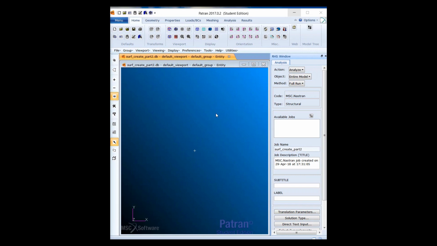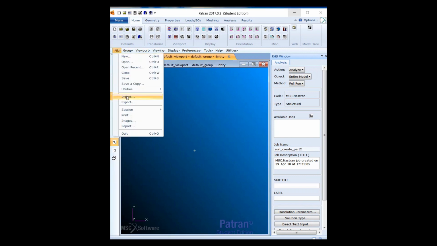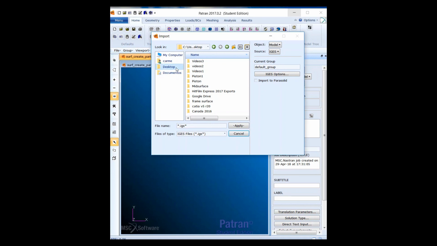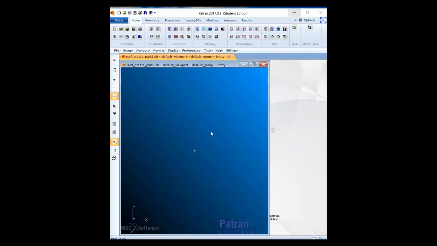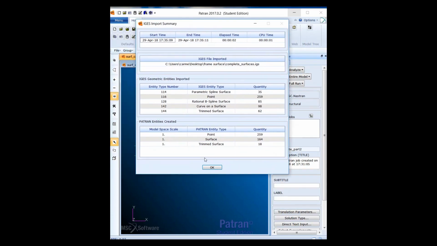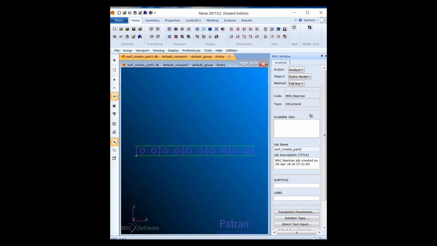And now we're gonna import our model, so we click on file, then import. We select the folder in which we have all our information, we select our file and we change the source. It needs to be IGES. We also need to uncheck this option, which is import to Parasolid, and we click apply. When this summary pops up, we click OK,